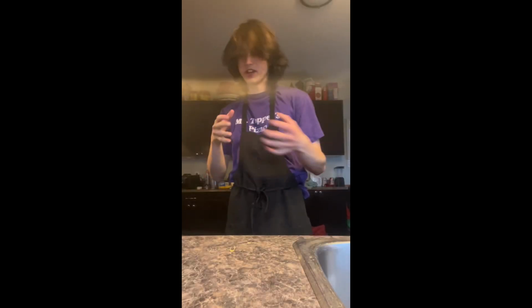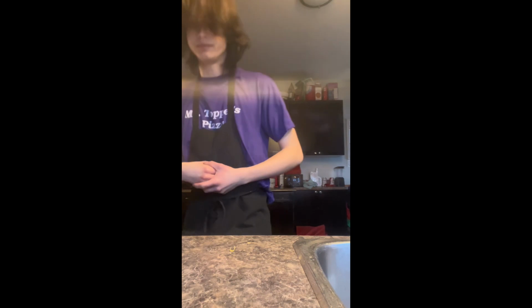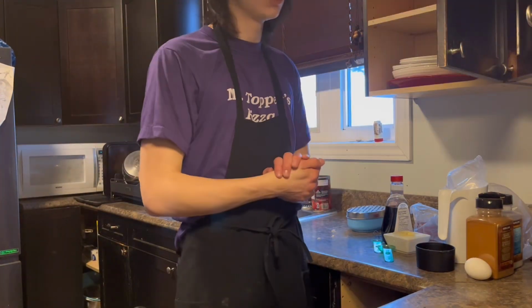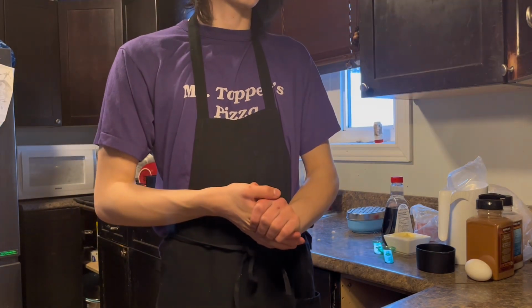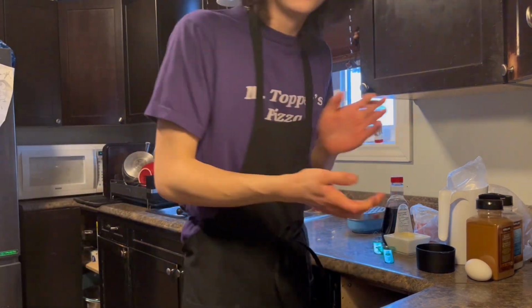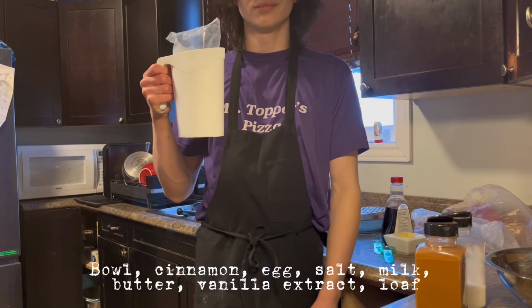Now that you got all the little things on the side ready, we're gonna get to the most difficult part. French bread. Okay, now that you have a whole bunch of dishes in the sink, we're gonna get into possibly the most difficult, but not really difficult whatsoever, part of the process. So first, you're gonna need